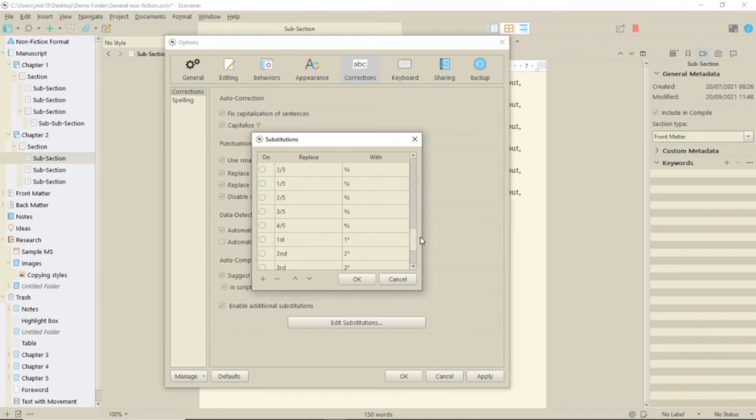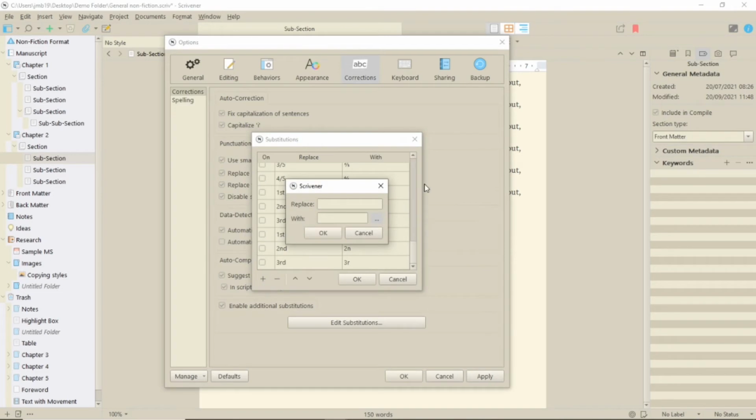Obviously you can add your own, if you know there's a word you always misspell, for example, or there's a long name that you don't want to have to type out all the time. Another option, a suggestion of a commenter on a previous video, is to use this for accented words that you commonly use. For example, cliché.